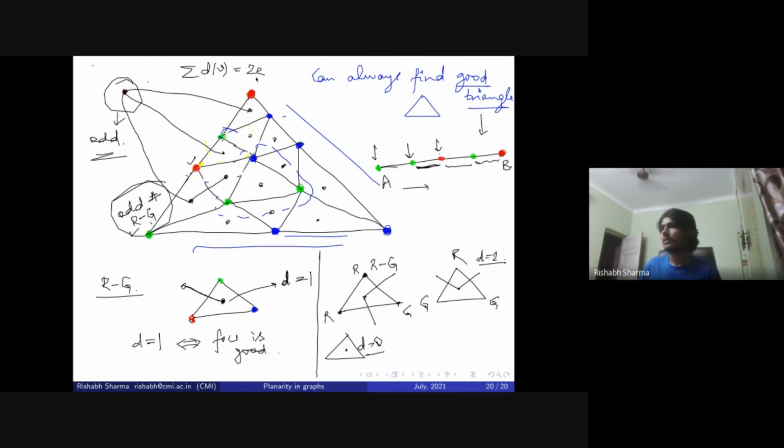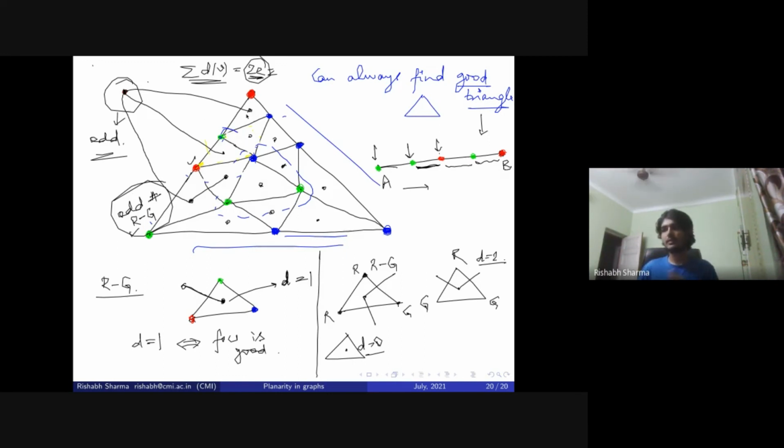So the sum of all degrees of the graph is an even number, and I'm saying that one of the degrees is odd. This must mean that there is another vertex which has an odd degree, because if there's only one vertex with odd degree, the sum becomes odd, but I know that the sum is even. So there is another vertex with an odd degree,